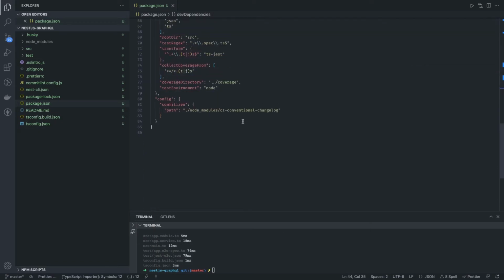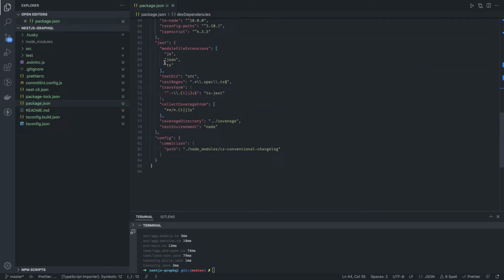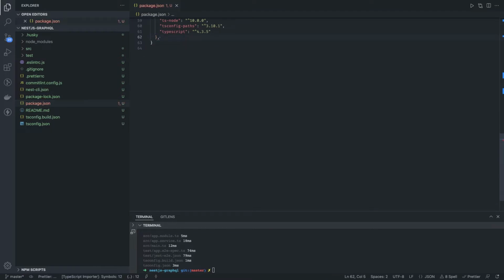Here we have the jest configuration, but what happens is when we are writing nestjs, we always have the jest config, then we have the jest e2e config and a lot of other jest related configurations. So it's better that we should create our own configuration files for the jest,